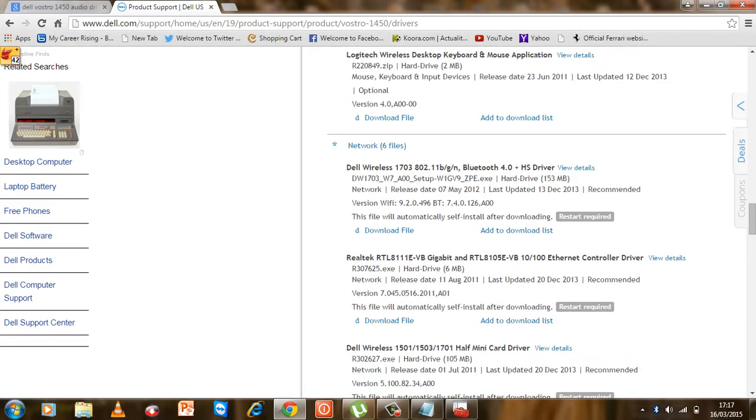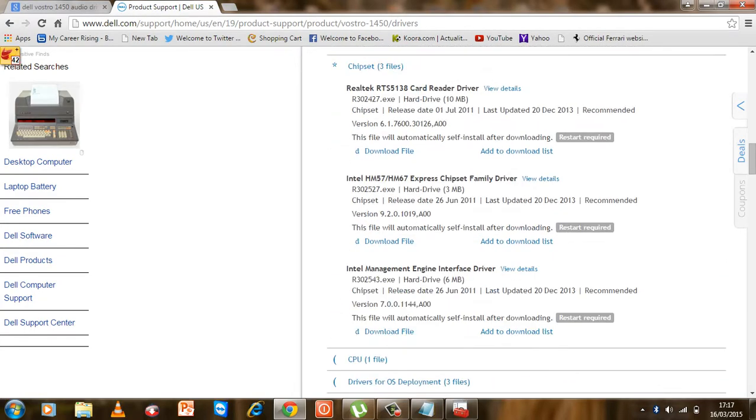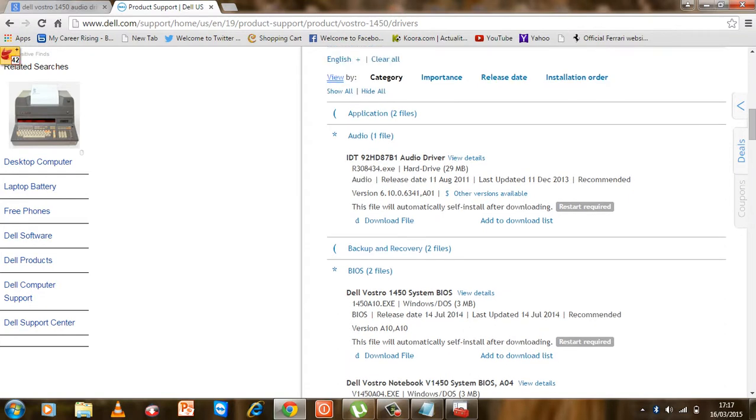Now, how will I know which driver I need to install? In this case, I need to install the audio driver. Over here you would see that there is only one audio driver, only one sound driver. Over here it also says when this driver was released by Dell: 11 December 2013. So I will just download this file and install it in my computer. I just need to click next, next, next. Alright,